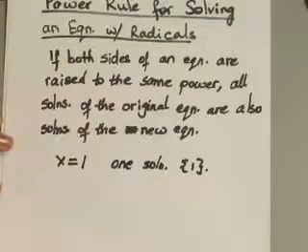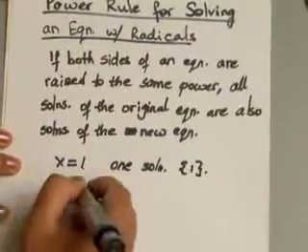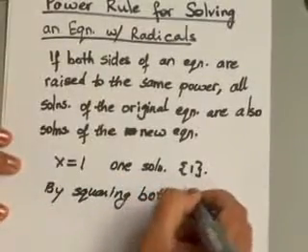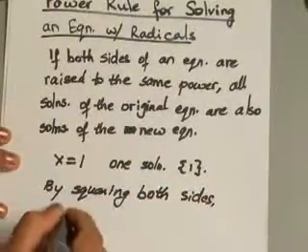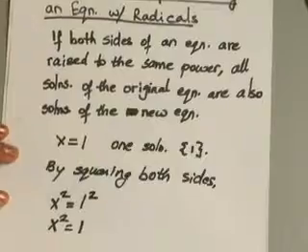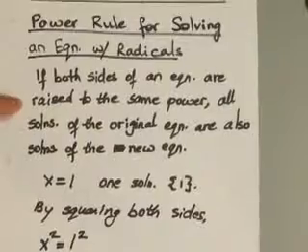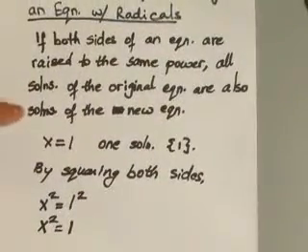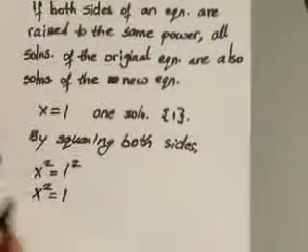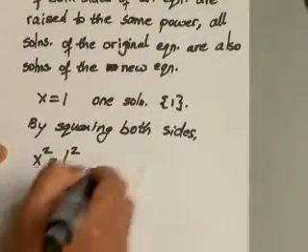Now the idea is if I square both sides of this equation, you will end up with x squared equals 1 squared, which of course we know is 1, so x squared equals 1. Now what the power rule is saying is that whatever are the solutions of the original equation are also solutions of the new equation. So let's see if this is true. Now if you solve x squared equals 1, you will see that the solution for this will be